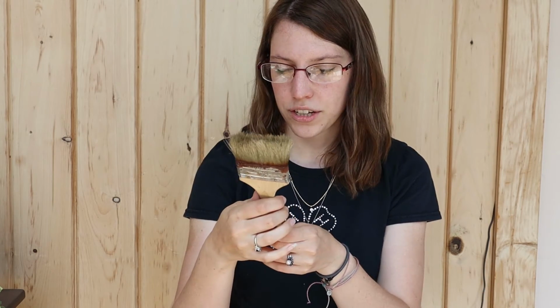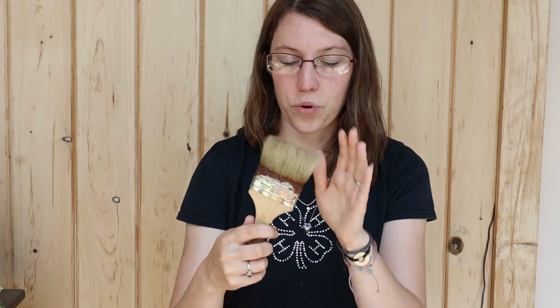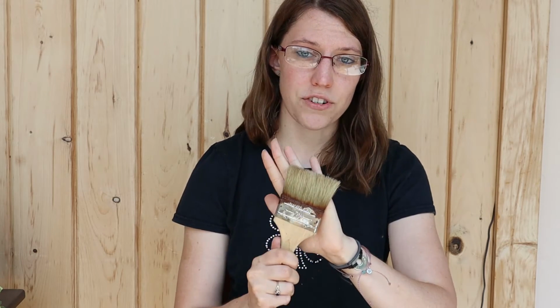And this is just a regular 2.5-inch wooden handled brush. And what I solely use this for, this has never seen paint. This does not get any paint on it. This is the brush I use to wet my paper with, because sometimes it is hard to get all of the color out of your brushes when you're painting, especially when you're using them right after another, trying to change